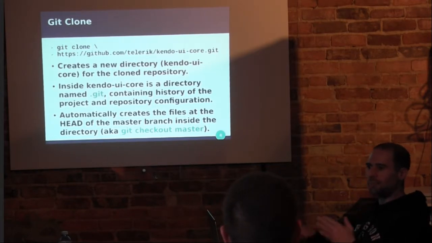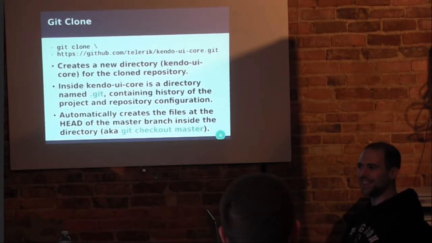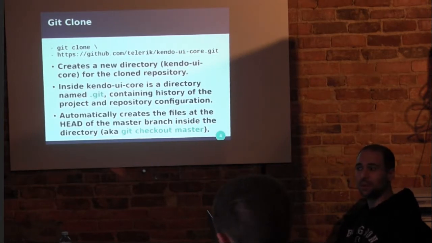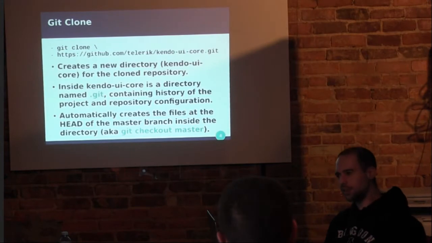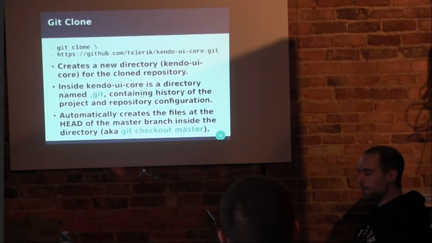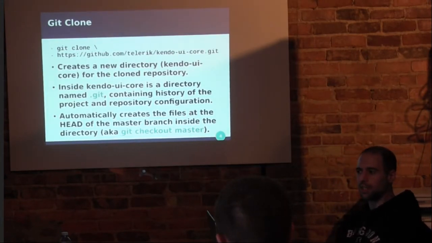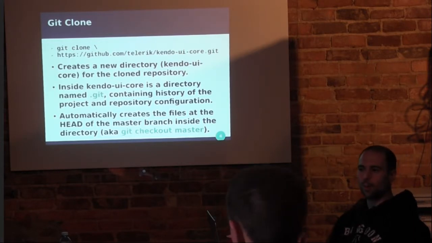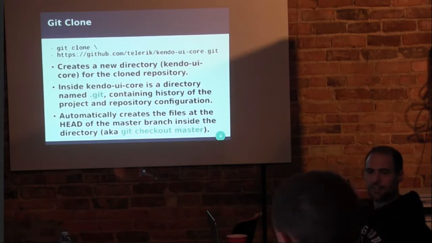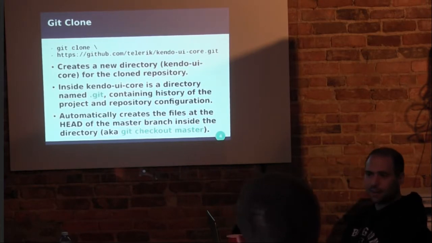Don't go around making any manual changes inside there unless you really know what you're doing. It contains the entire history of the project, and some configuration where if you did know what you were doing, you could go in there and pop a line of configuration stuff in one of the files inside there. But